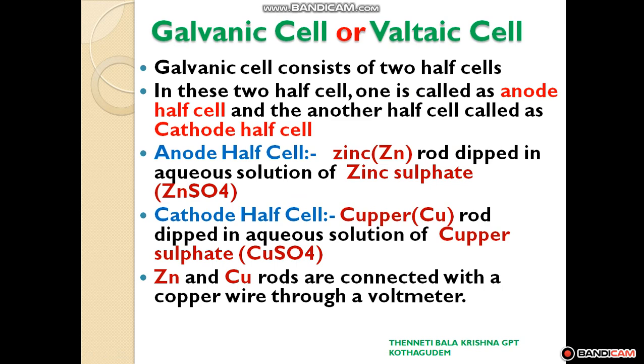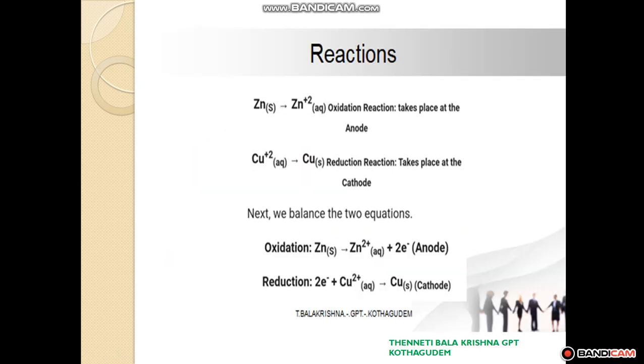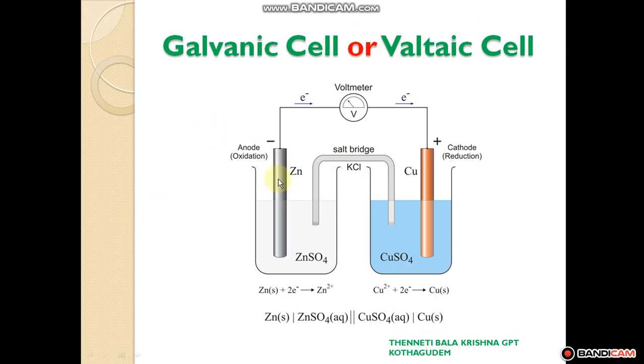Next, come to the working principle. The zinc and copper rods are connected with the copper wire through the voltmeter. Oxidation takes place in the zinc half cell, and reduction takes place in the copper half cell. So here we got one doubt: why does the oxidation take place in the zinc half cell